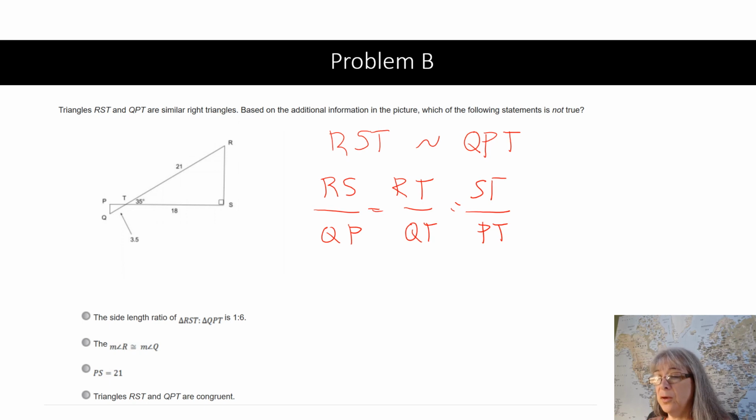We also know that in addition to this ratio, we have this idea that the angles match up. So angle R and angle Q are congruent. Angle S and angle P are congruent. Angle T and angle T are congruent, and they better be because they're vertical angles. Okay, so those are the types of questions that they're going to